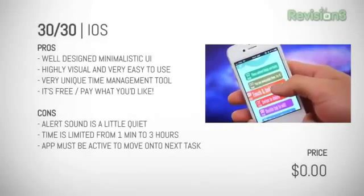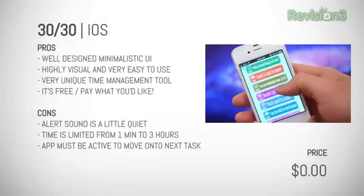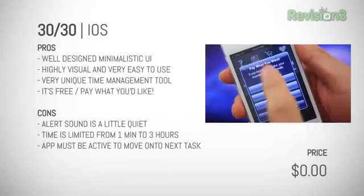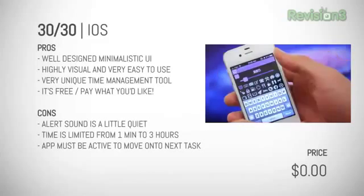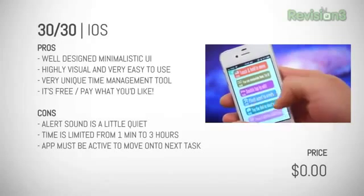Overall, 3030 is a great little app. It's available on both the iPhone and iPad, and is currently free from the App Store. The devs took on a neat pay-us-what-you-think-the-app-is-worth approach, which is rather refreshing to see. If you're looking for a more solid, feature-packed to-do or task management system, better check out something like